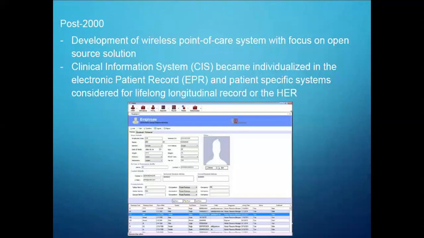Post 2000, development of wireless point of care systems with a focus on open source solutions. So we have clinical information systems become individualized in the electronic patient record and patient specific systems considered for lifelong longitudinal record, or the EHR. Okay,